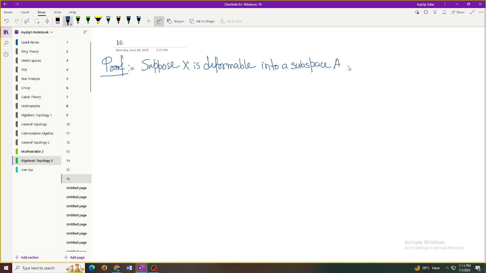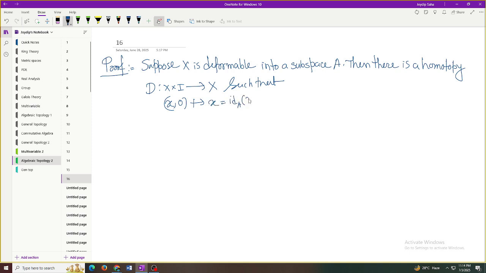A. After this proof, then there is a homotopy D, X cross I to X, x0 goes to x, and D of X cross 1 is a subset of A. Let